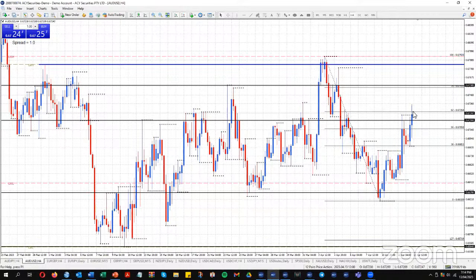You could just be selling here at the 62 level, with a stop above the high up here. For a positional play, you could be waiting for the 79% to come around, just sell at 79, with a stop above the high. Or you're dropping down to a lower time frame to look for a setup. So whatever your setup is, what I would like to see is this not, by the end of the day, close below